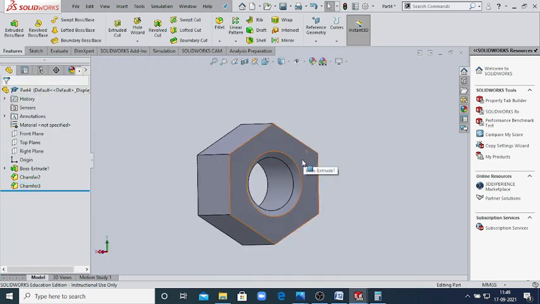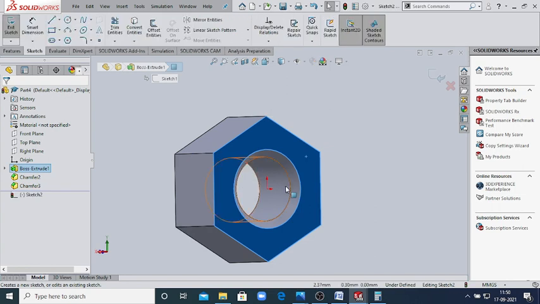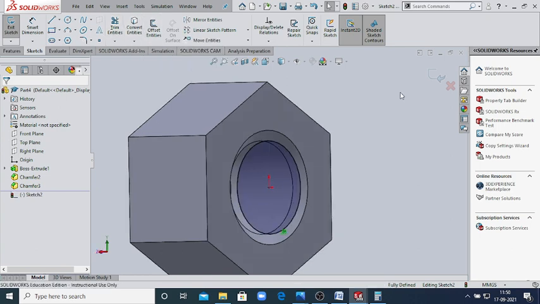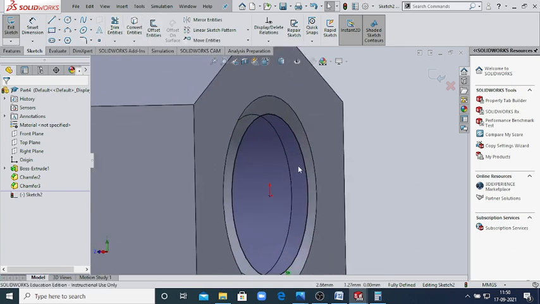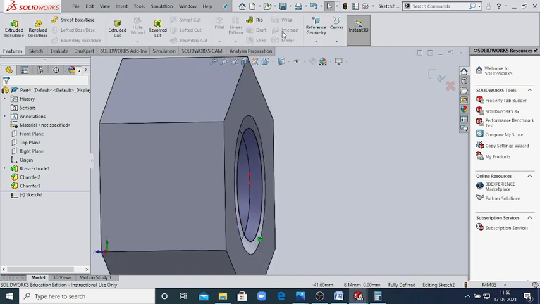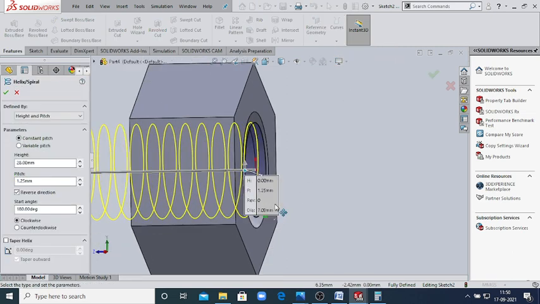Now we'll start to make the thread. First of all, select the face, sketch. Now select this and then select sketch, then convert entities, then select the features, then select curve, then helix. This one is our pitch.